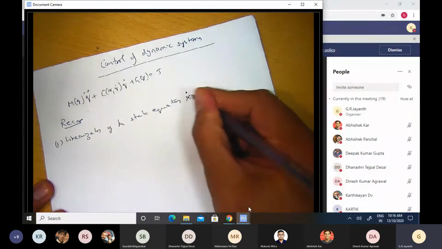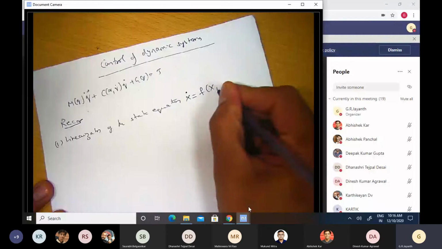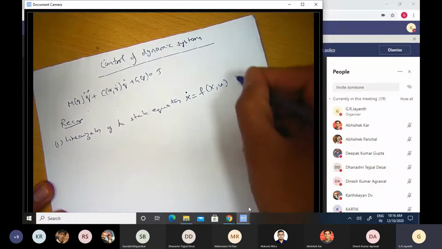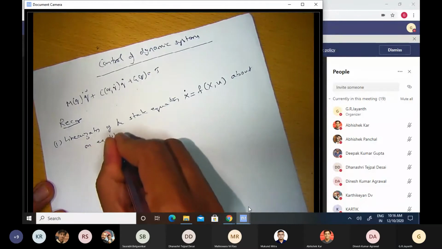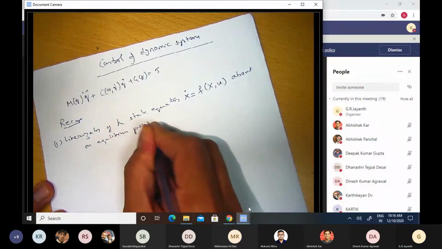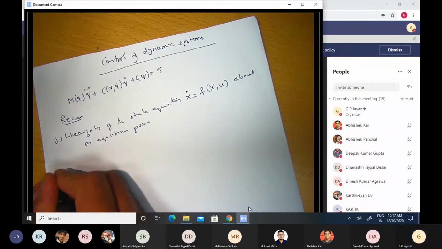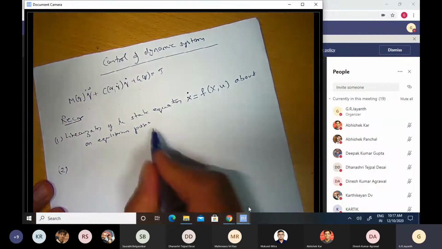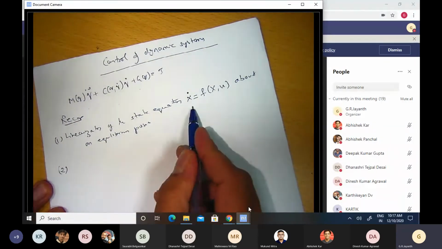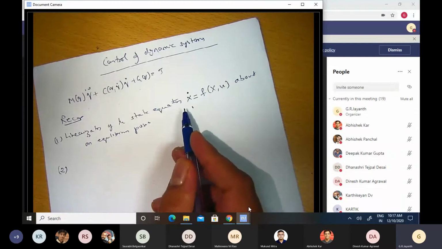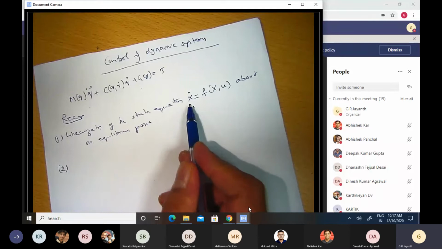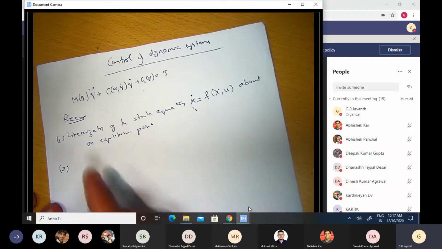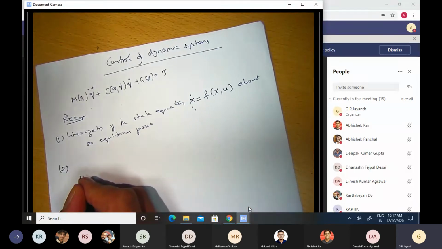So the state equation of the kind x dot is equal to f of x comma u, we linearized it about an equilibrium point. We did this because it was only in the vicinity of the equilibrium point that we could even dream of coming up with a closed form solution to this differential equation. Even in the vicinity of the equilibrium point, the way forward was not very clear.